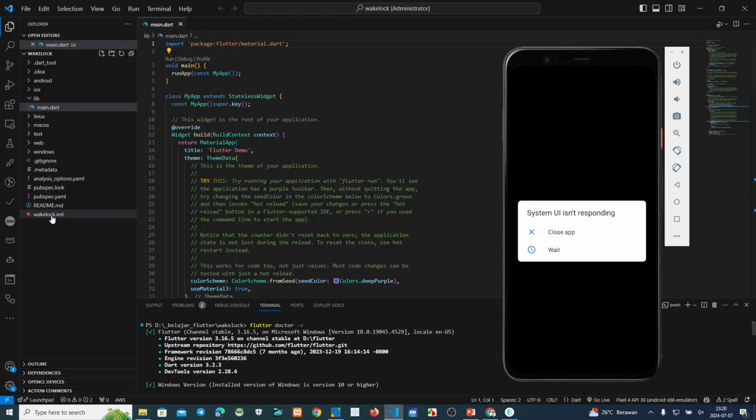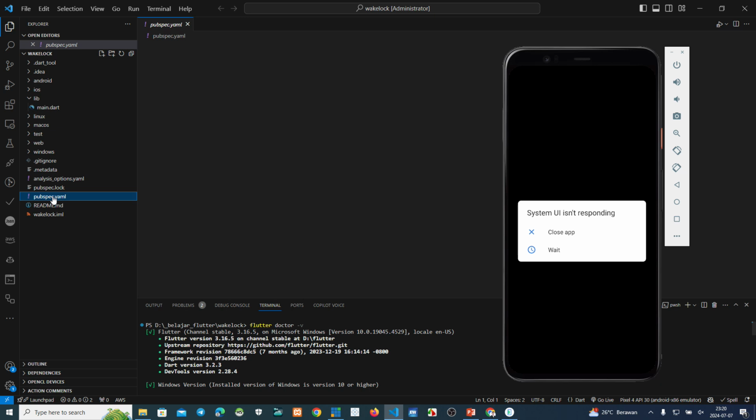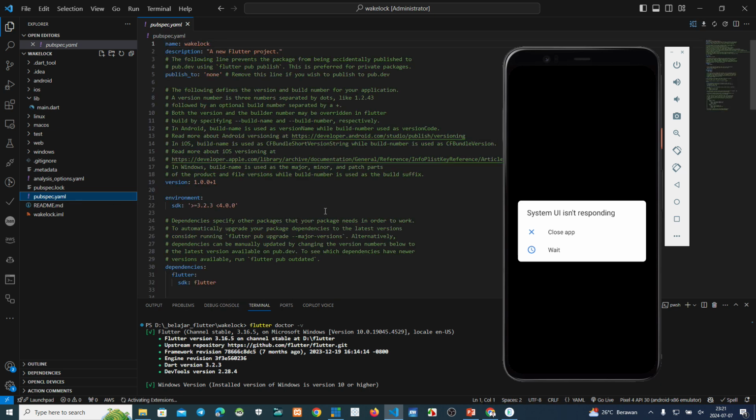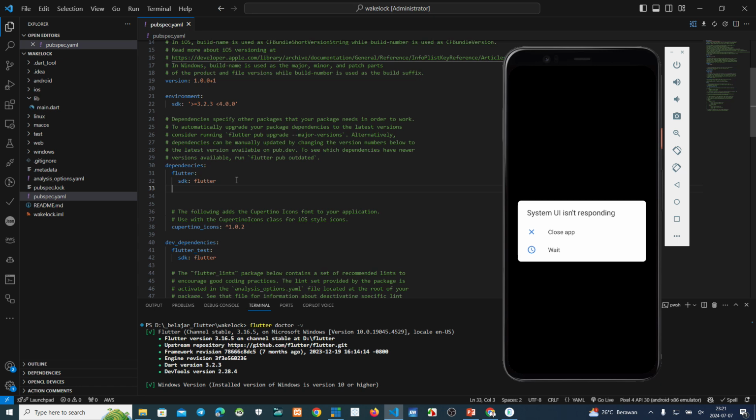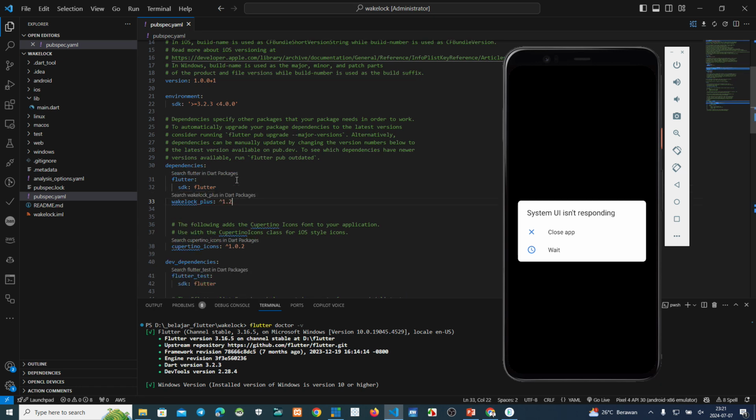We copy to the pubspec here, dependencies, this one. We copy, change to 1.1.6.